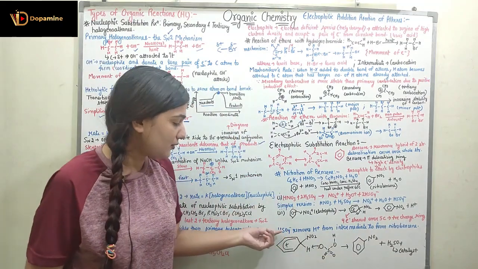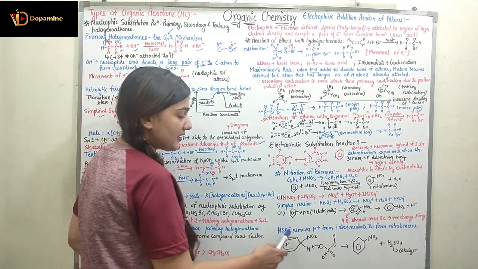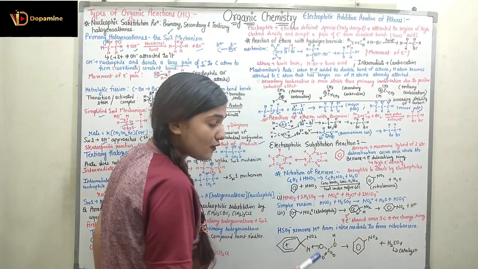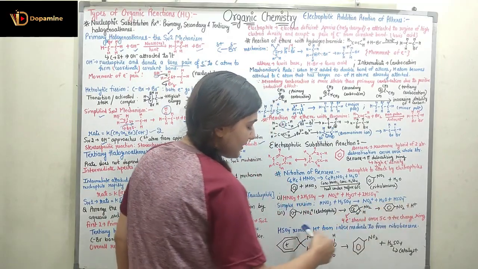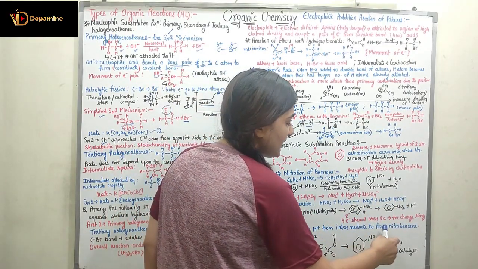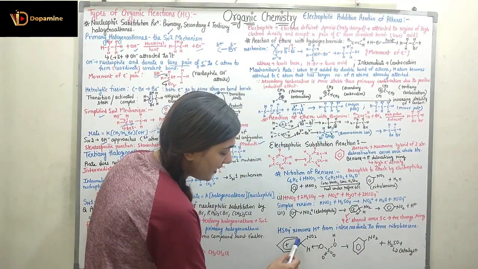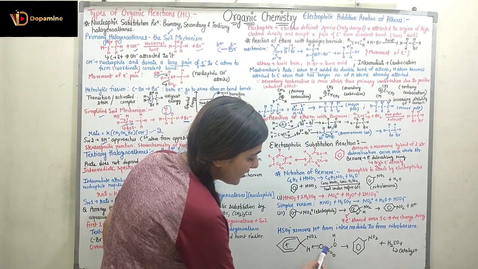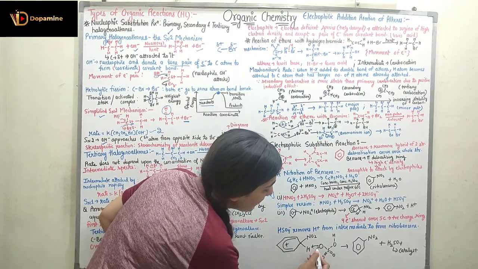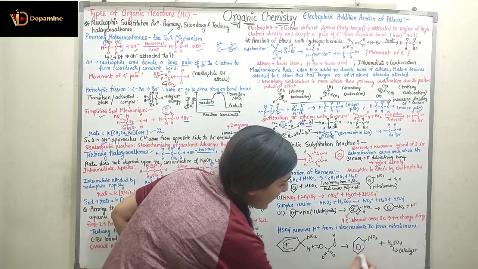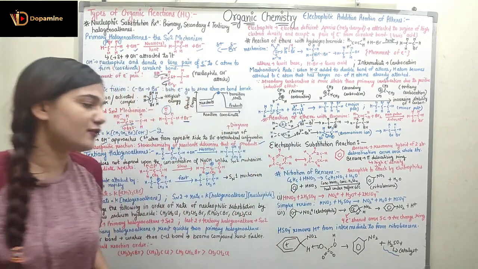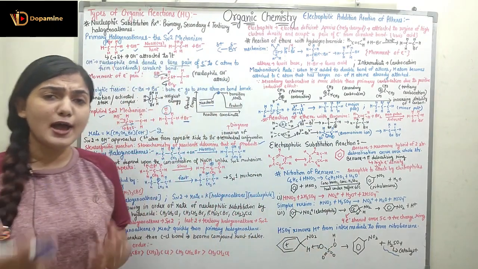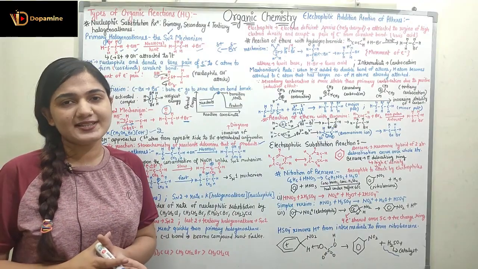Now what happens to the HSO4 negative? HSO4 negative removes H positive. So here this H positive is removed by HSO4 negative. When this ion is present, it is going to remove H positive from the intermediate to form the nitrobenzene. So this was the intermediate, the benzene with the positive charge over the 5 carbons. HSO4 is this structure. Here you can see we have the lone pair of electrons. It is going to attract this H positive and form H2SO4. So H2SO4 is regenerated as it is. It is acting like a catalyst and it is forming the nitrobenzene. I hope you understood all of the things that I have discussed. Thank you so much.